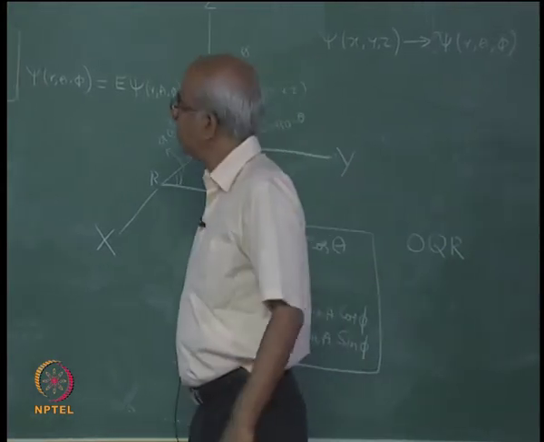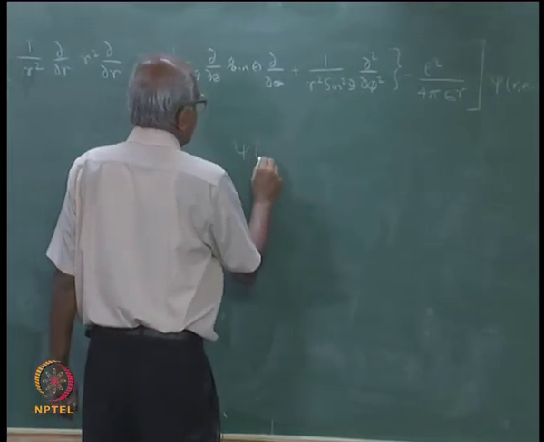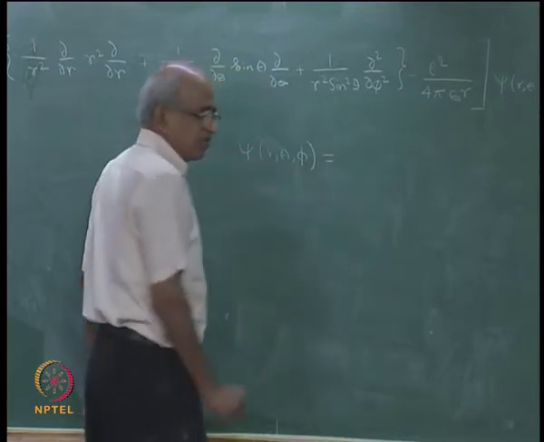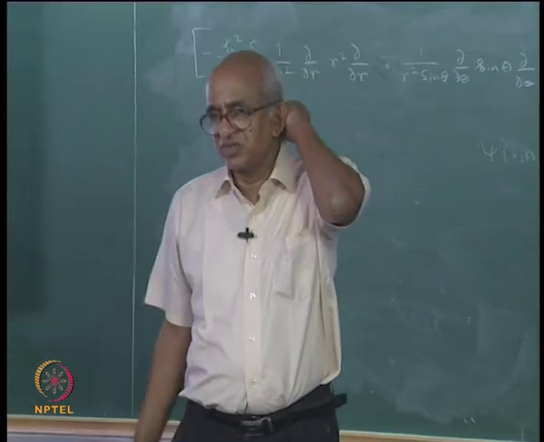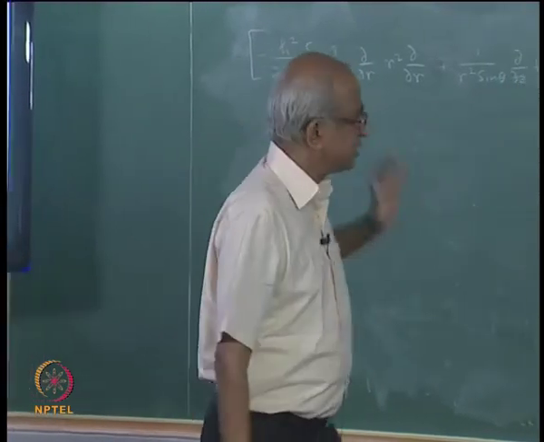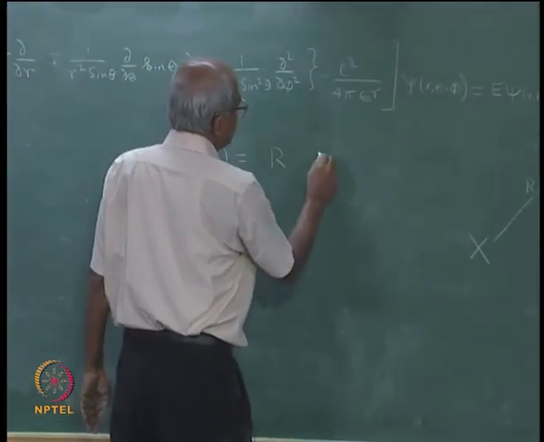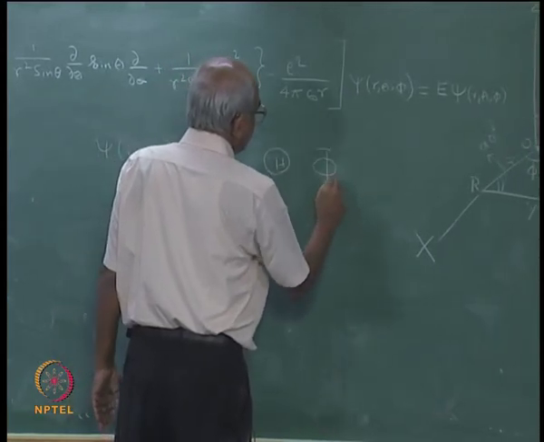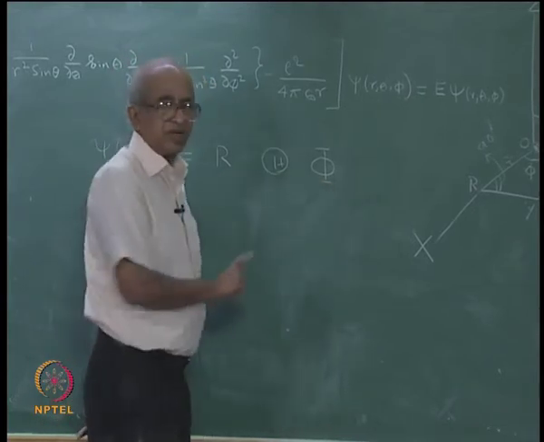And now, what we will do is we will say that psi(r, θ, φ) is a function of three variables. We want to solve this, and we know only one method, actually we have discussed only one method for solving this kind of differential equations. What is that one method? We will say that it may be written as a product of three functions, which I am going to write as capital R. This symbol is capital theta and this symbol is capital phi.